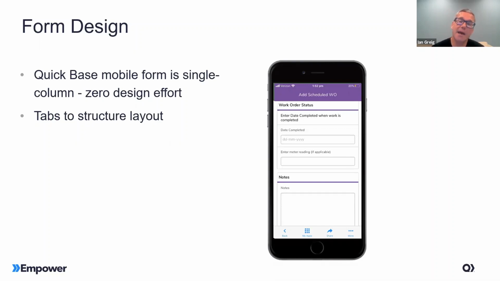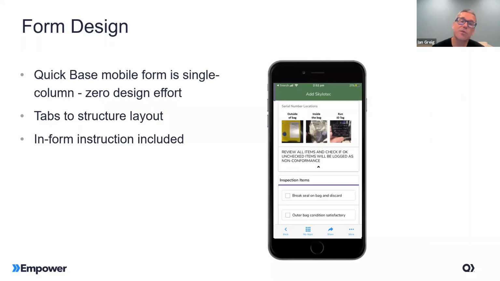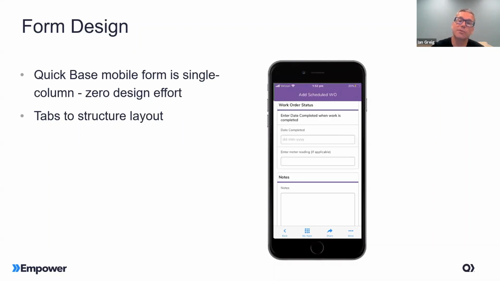We use the tabs feature in forms to structure the form. So where it says, for example, work order status and it's got a purple underline, that's actually just a tab in a QuickBase form. And we found when you look at it on the mobile app, it actually breaks up the form quite nicely. So we use tabs, not sections, to break up the form